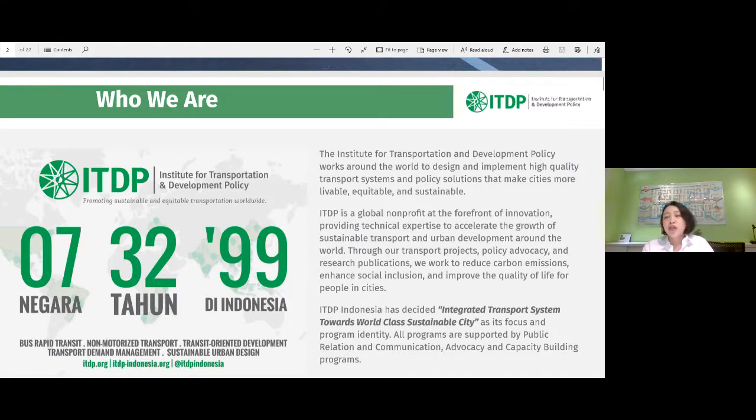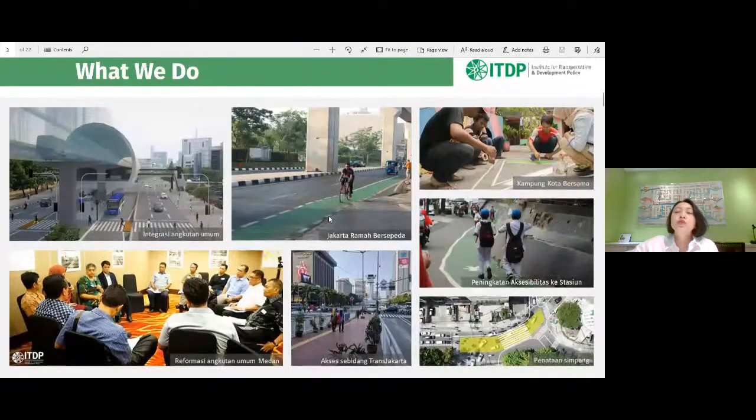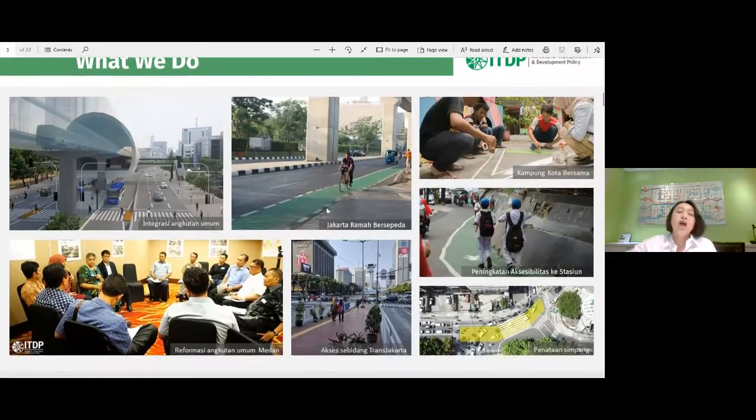We provide technical expertise for cities in the world on how to manage urban transit development. Our expertise includes the BRT system, non-motorized transport, which is walking and cycling, and then TOD, transport demand management, and sustainable urban design. And this is what we do in cities in Indonesia.